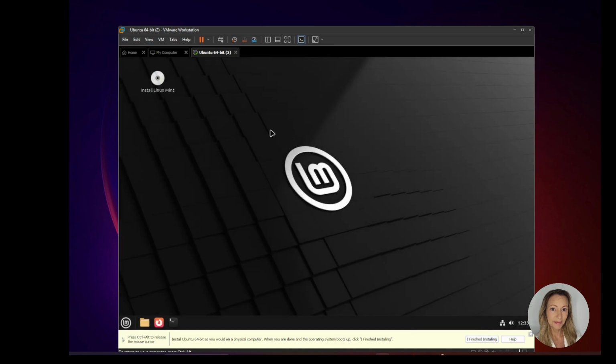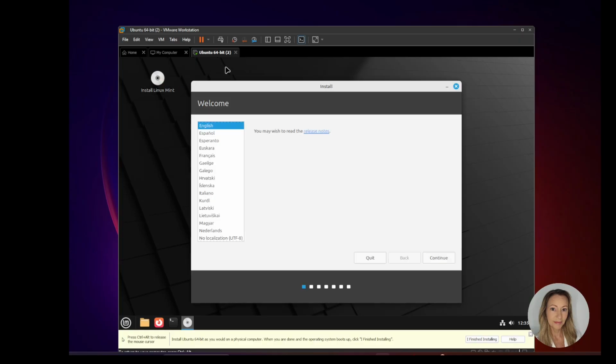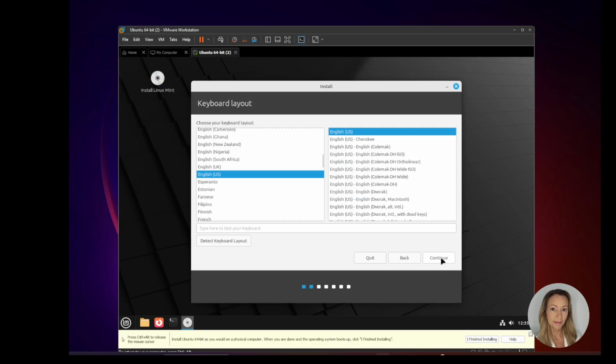Okay, now that it is booted up, you're going to click on Install Linux Mint. And here you're going to select your preferred language and the keyboard layout. I'm going to select Swedish